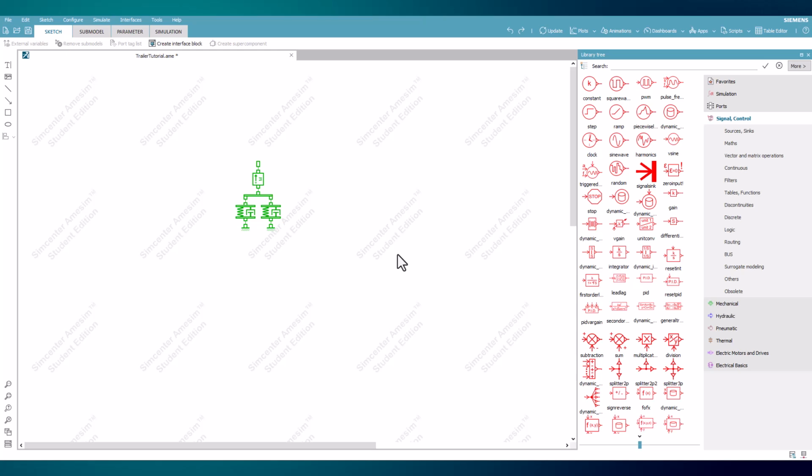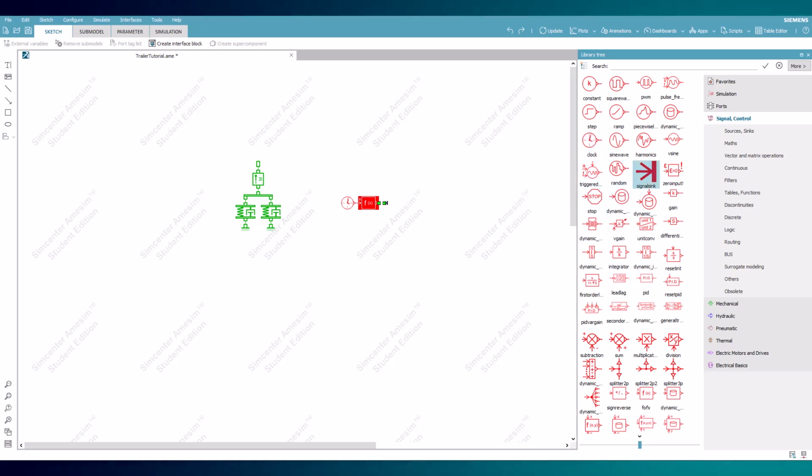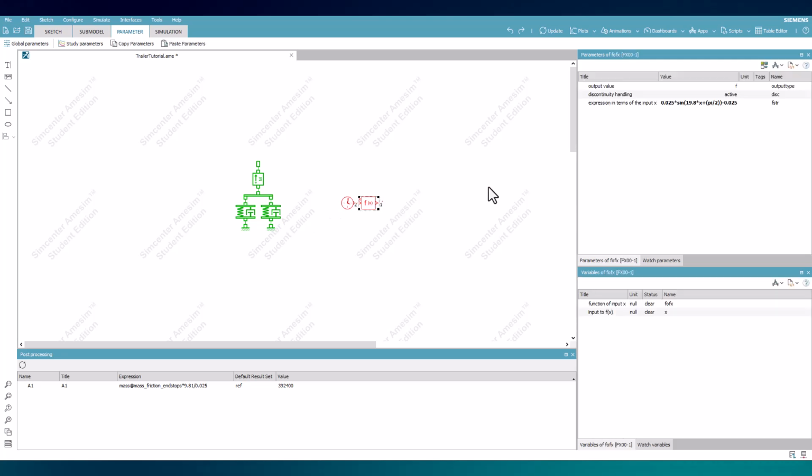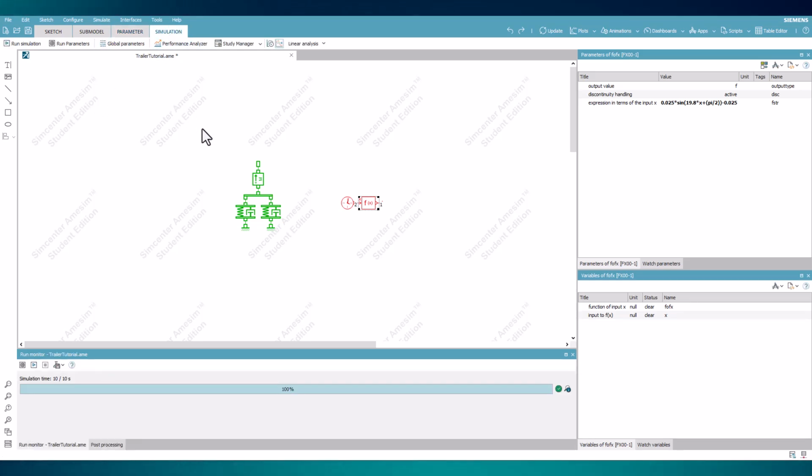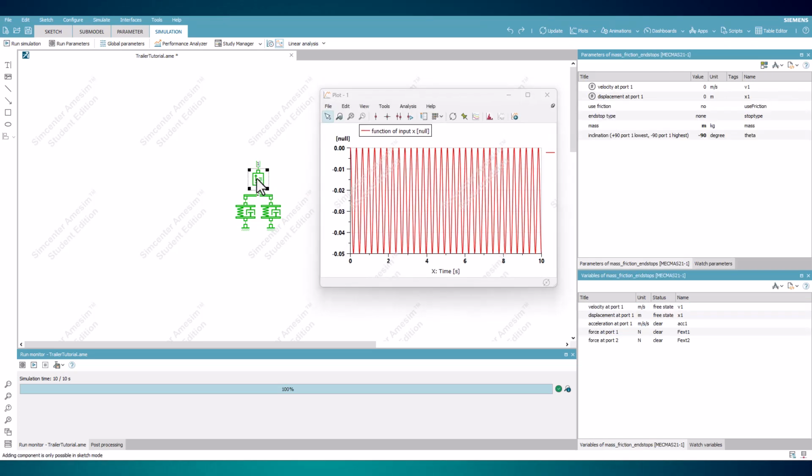The calculated time response equation can be validated against the AIMSIM model behavior using a function block from the signal and control library with a clock source fed into the component, making the simulation time the independent variable. The output of the block can be fed into a signal sink. Moving to parameter mode, enter the equation as an expression in terms of the input x, and move to simulation mode to perform one run. Compare the results plots for the displacement of the mass to the output of the function to see that they are perfectly even.